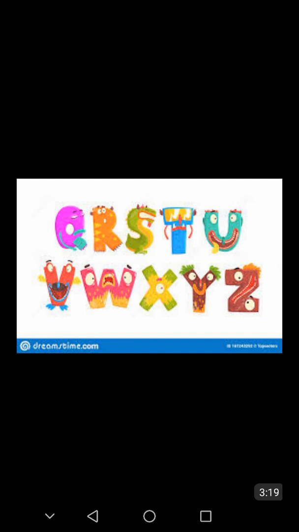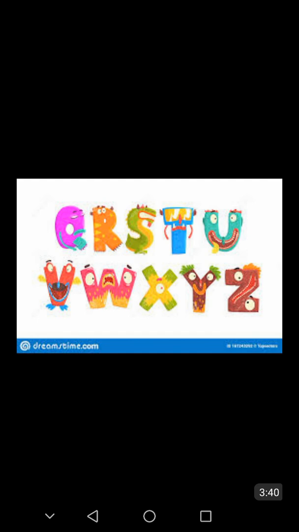Firstly, you write any letter on the back of that student with the fingers, and that student recognizes the alphabet which the other student wrote on the back. Okay, I repeat this activity again.